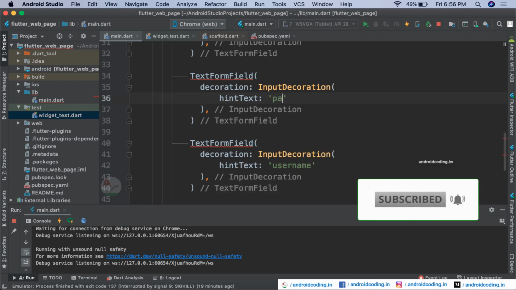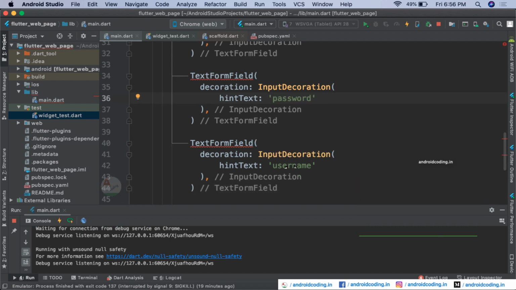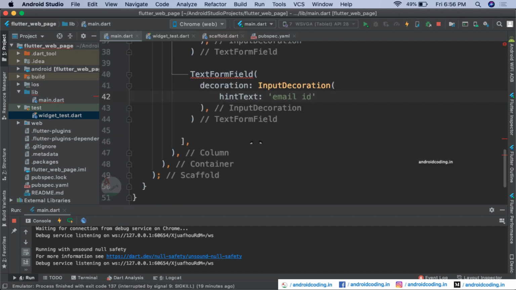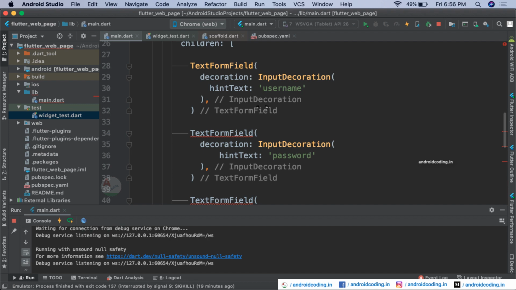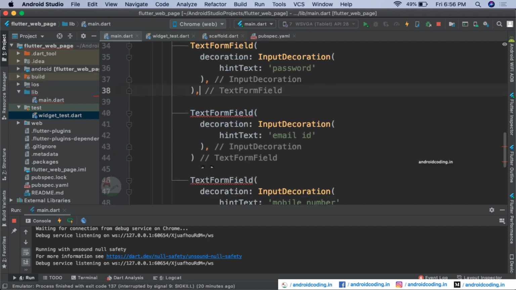And here password, email ID, and one more is like mobile number.